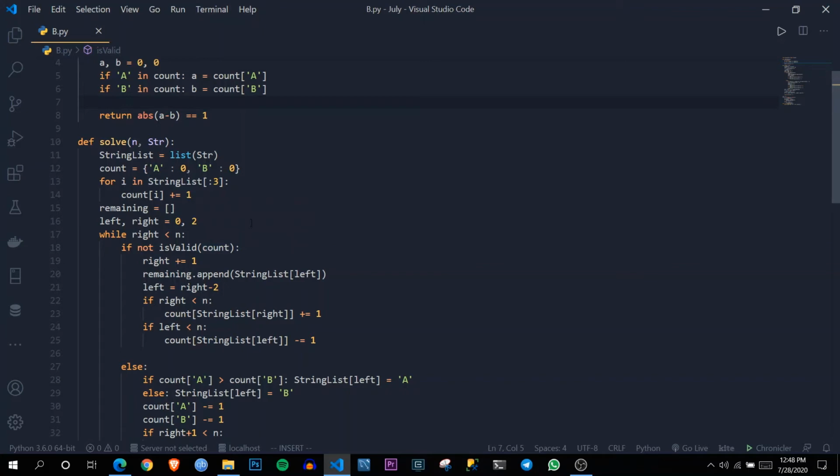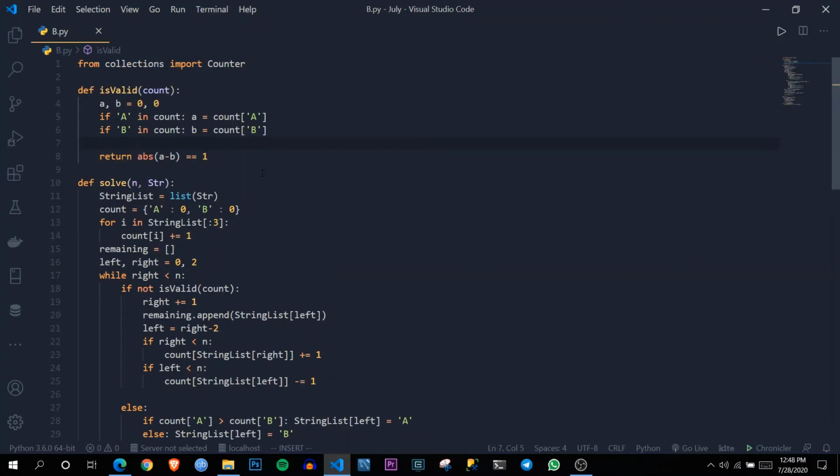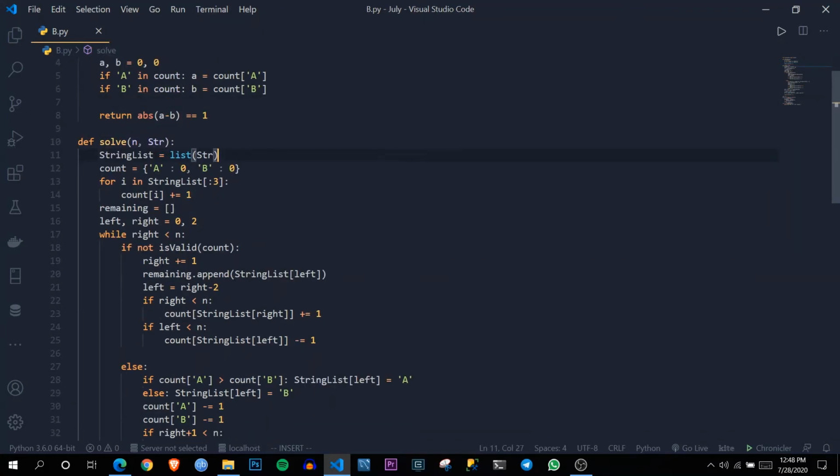That basically means if there are 3 A's or if there are 3 B's, then, as I have said, first we will increment right by 1, then we will append the left character which we are going to skip forward to our remaining array, and now we will make our left as right minus 2. As I have also told on the whiteboard.